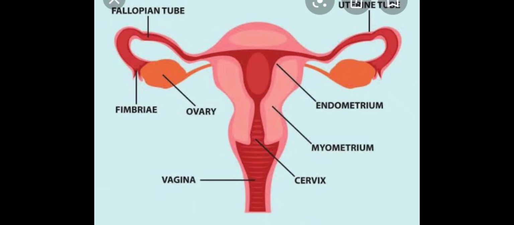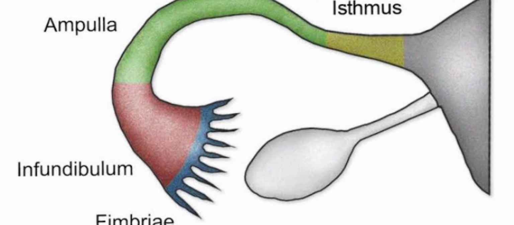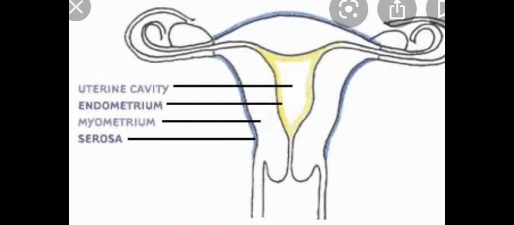Besides that, there are external genitalia also which carry the gamete to the outside. That includes mons pubis, labia majora, labia minora, hymen and clitoris. These are the external parts that are in contact with the environment. So that's all for the day. In our next lecture, we are going to learn about the process of gamete formation in male and the process of gamete formation in female.